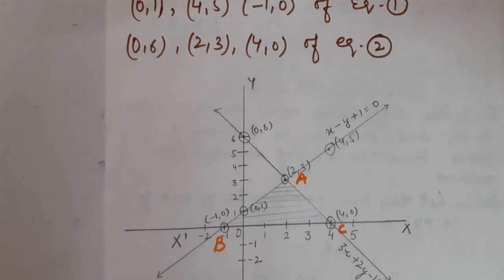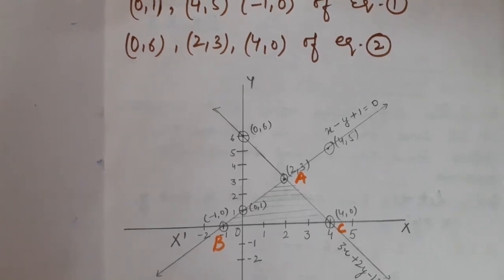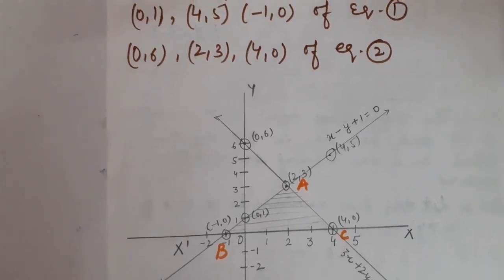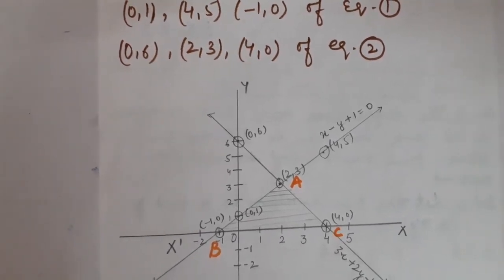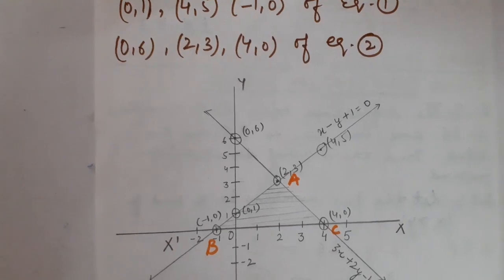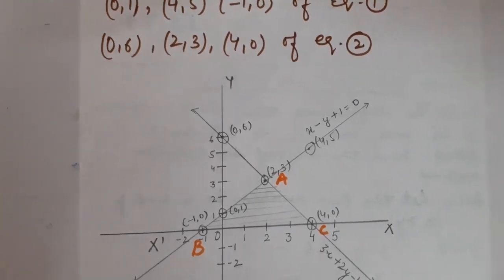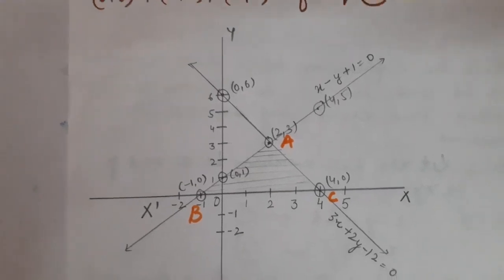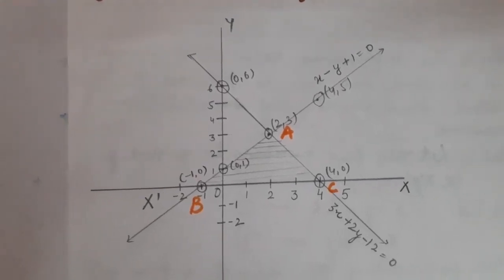Now (2, 3). Children, you can see there I have given the point a name, A. Now (4, 0). Here the ordinate is 0, so the point must be visible on the x-axis. Children, here you can see (4, 0). Now another line is drawn.